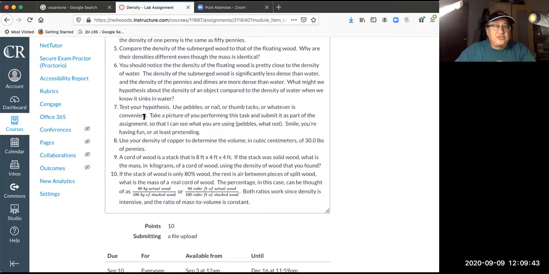Its density is close to that of water, right? And when you sink it, its density is less than water. So that's kind of an interesting thing. The reason it is the same density as water when it floats is because it's not displacing its full volume. And so what's happening there is that,